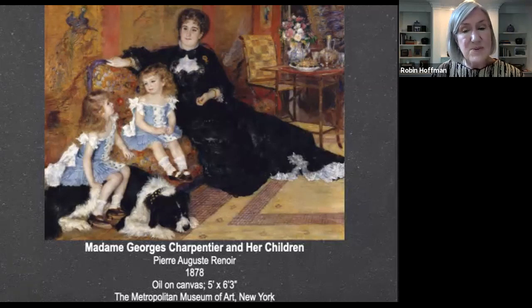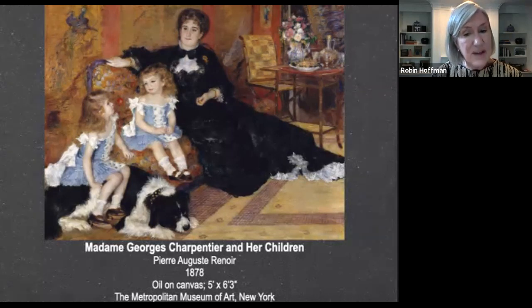At this time, France was developing trade with the Orient, and here the bamboo furniture, the Chinese rug, and the Japanese screen reflect the couple's up-to-date style. Marguerite is with her 2 children and the family dog. And will it surprise you to learn that one of the children is a girl and the other one is actually a boy? One is Paul and the other his sister, Georgette. Following the fashion of the time, Paul's hair had not yet been cut and his clothes matched those of his sister.